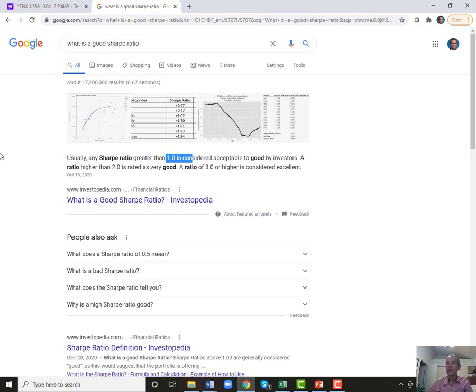I've never seen a study. We did quite a bit of work. Actually had a guy working with us where all he did was go through every single ratio available and try to figure out which ones were statistically significant for predicting performance going forward. And the only one he found that actually had any power at all was the batting average. It was statistically significant. It wasn't huge. It wasn't a great indicator, but it was better.